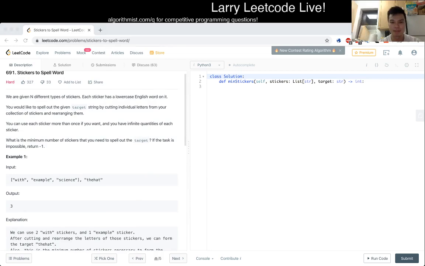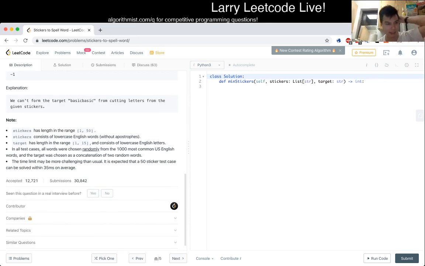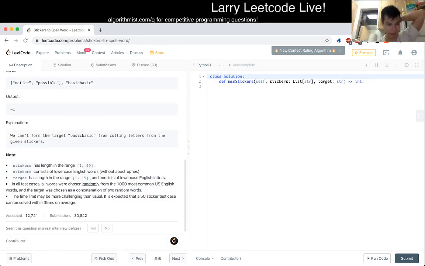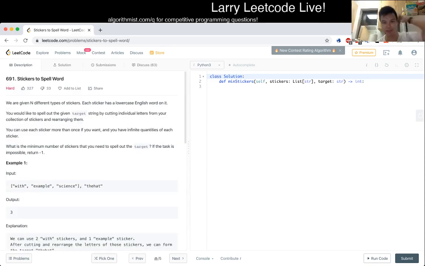3 to the 15, 14 million, maybe is a little slow, but I guess we'll see. Yeah, I'm going to kick off by doing that, and then see if we need any more optimizations. I think it's roughly right, but only roughly. So first of all, we're going to start with the pre-calculation. So basically what I want to do is, for each sticker,